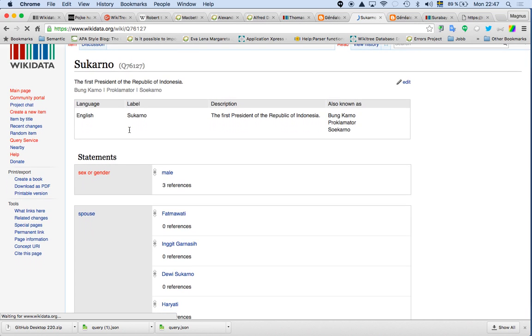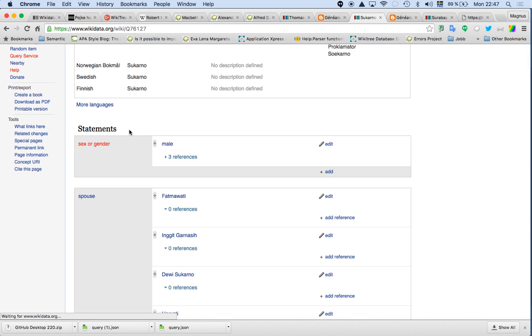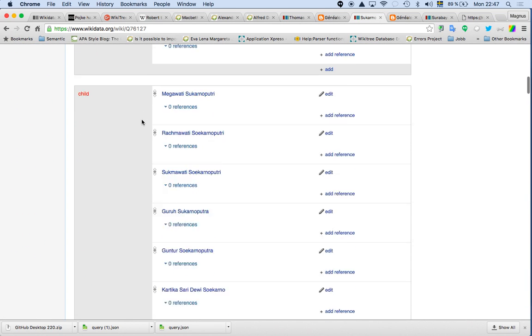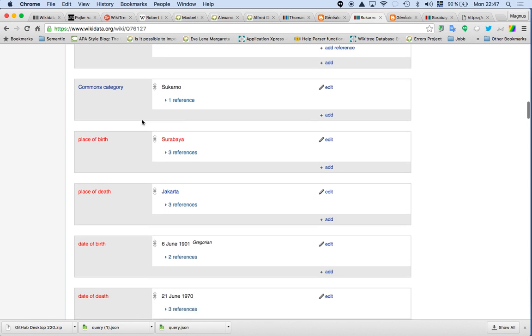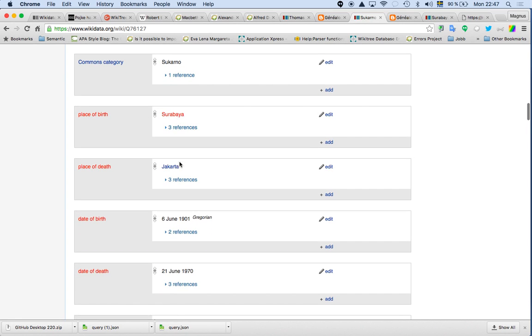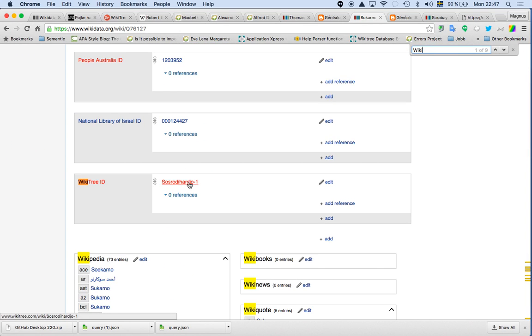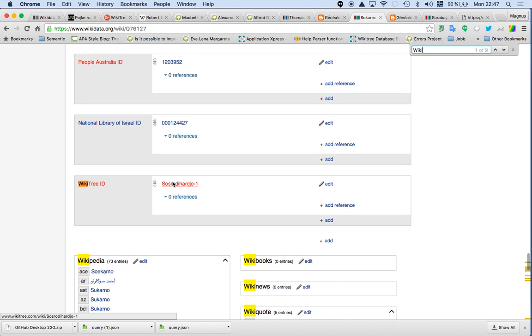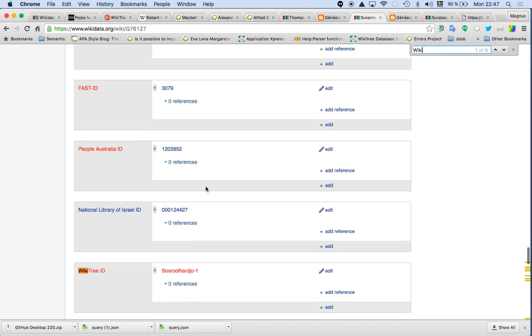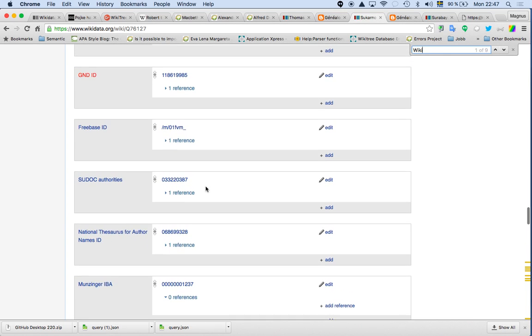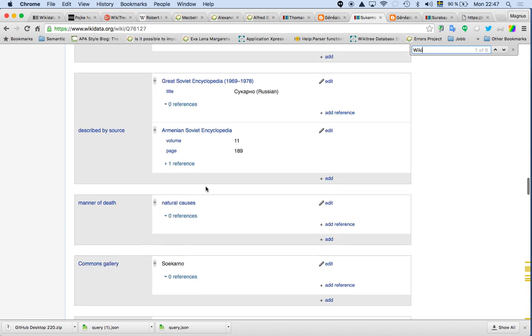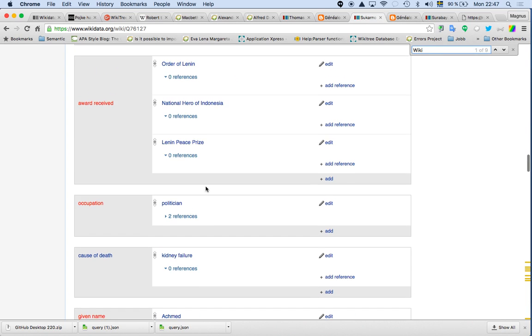Wikidata is a database. Then you have here: child, place of birth, Surabaya. But before we check that one, we do this. I have already done it: I added a WikiTree ID. So now we know that this Wikipedia Wikidata person has a connection to this WikiTree ID. Why should we do that? I will show you. But we start with Surabaya, the place